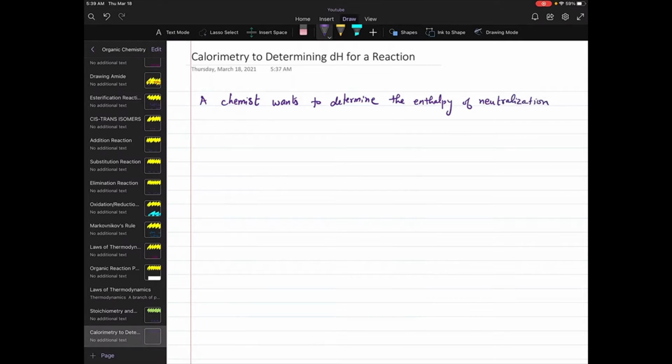Now, since they're talking about enthalpy of neutralization, we know it's going to be an acid-base reaction, because an acid neutralizes the base, or the base neutralizes an acid. So, neutralization reaction for the following reaction,